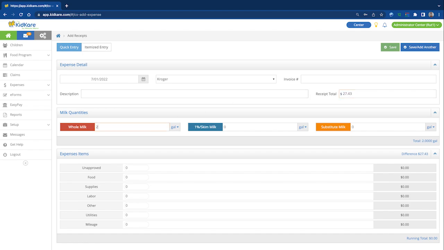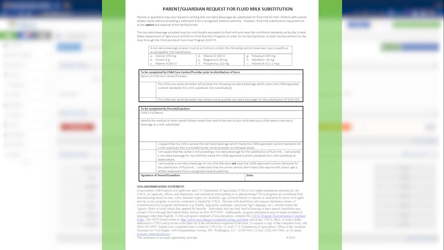Enter the milk quantities. Gallons of whole milk is 2, and gallons of 1% skim is 4. If you have a child that has a request for fluid milk substitution form on file, shown here, enter the quantity of substitute milk in gallons. As a reminder, substitute milk is entered only when a child has a request for fluid milk substitution form on